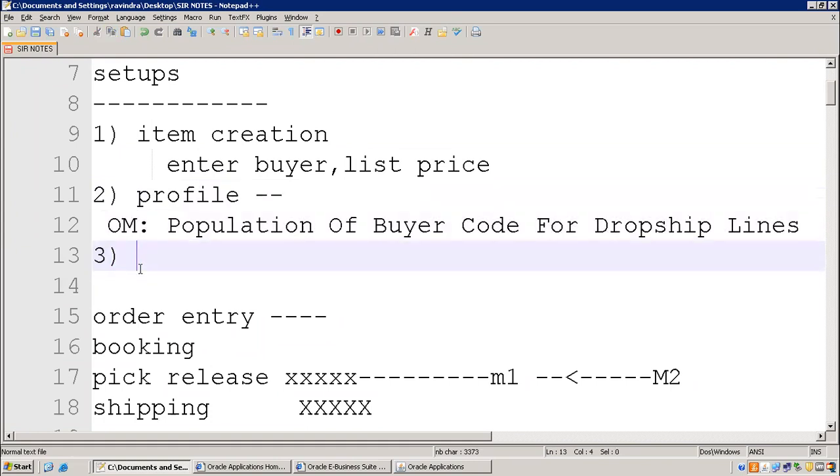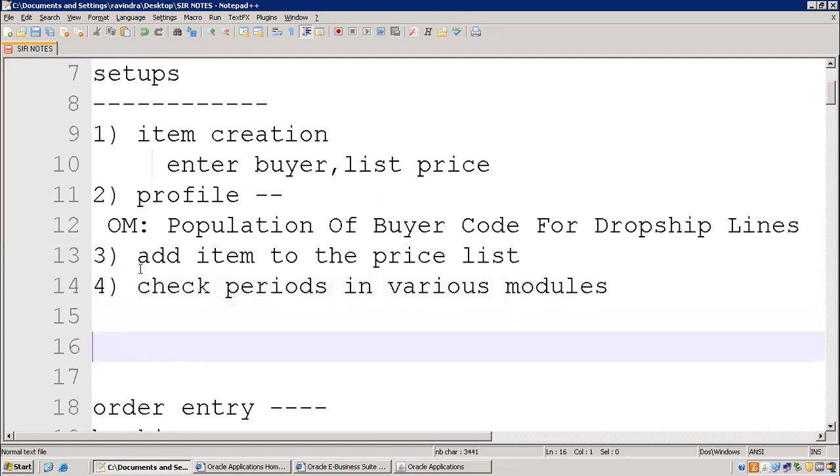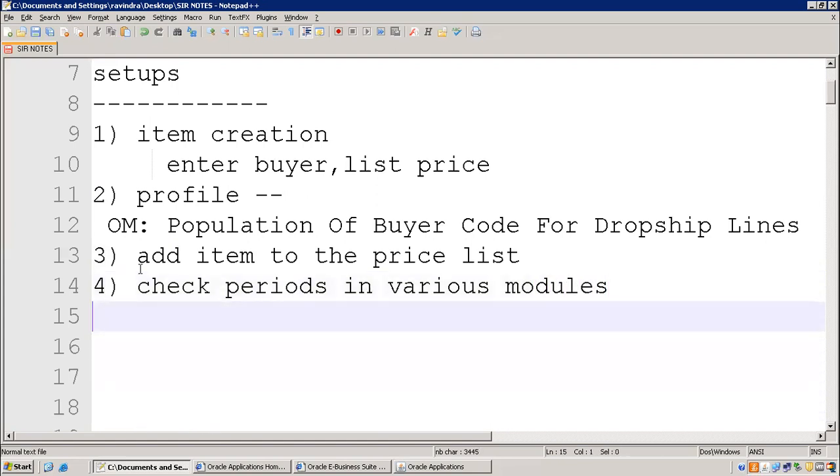Then the third option is add item to the price list. Then the fourth one is check periods in various modules. You tell me what modules you need to check periods in. I think you already checked.